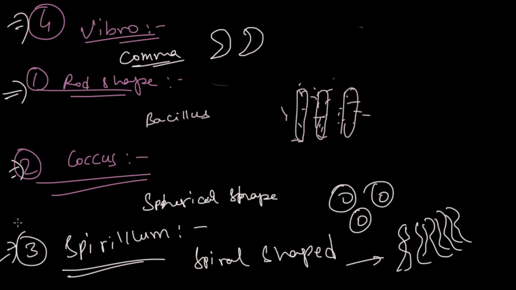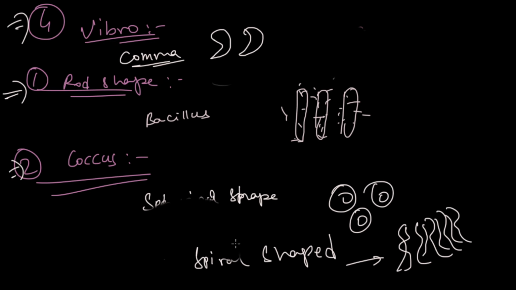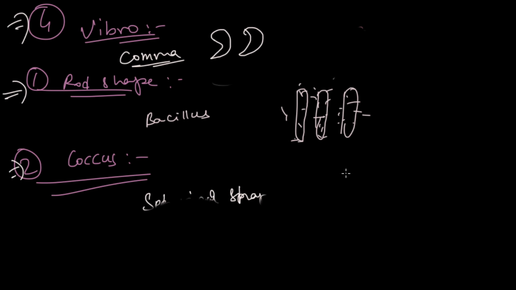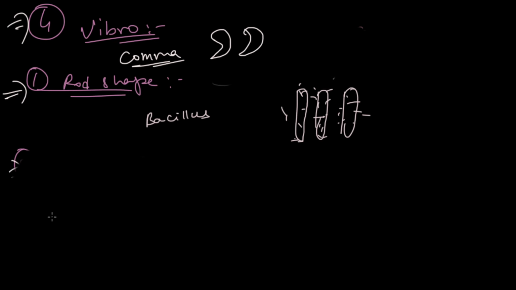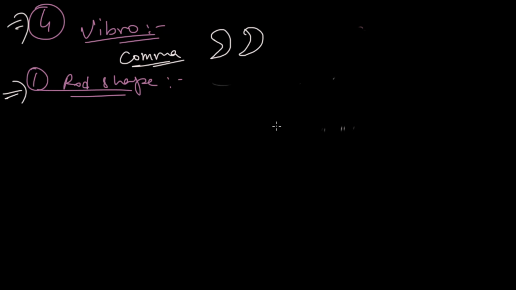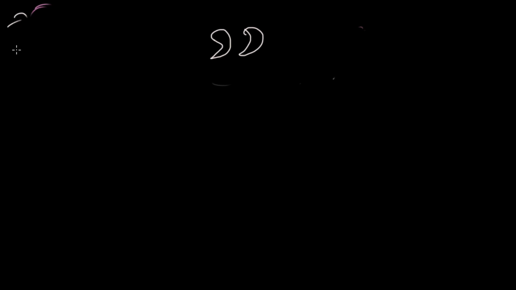The example for bacillus is very simple: you can take the Lactobacillus bacteria. Now, bacteria based on staining. Generally we have two types based on stains, gram positive and gram negative. The bacteria which take the stain are called gram positive, and which do not take it are called gram negative, and that is not required for us. Let us move on further.